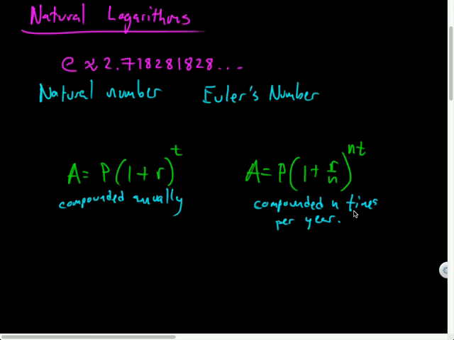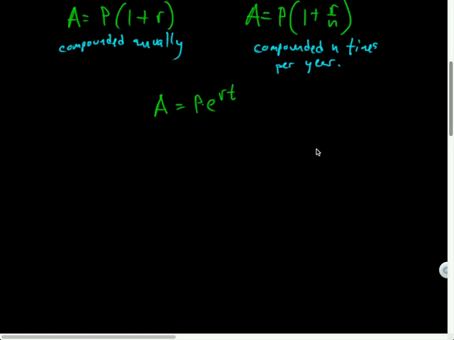It turns out that's one area where the natural number shows up, and A equals P times e to the rt